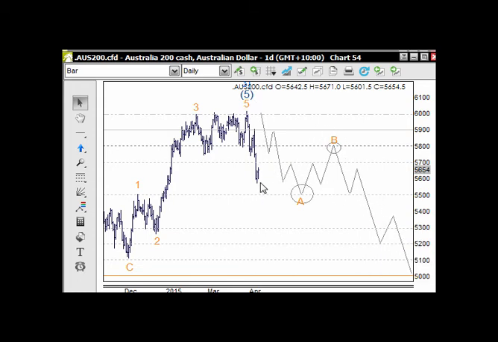And if I only get 3 here, then it becomes a flat correction anyway, which means that a flat would be from this low to this high here. So it would be an A wave, a B wave, and a C wave in here, staying within that space, basically. So what we do have here is 3 waves down. So you would have to start thinking that, well, if the DAX is going up and the FTSE is going to be going up in its structure and the S&P 500, then it leaves us maybe a sharp recovery here. And in Elliott terms,